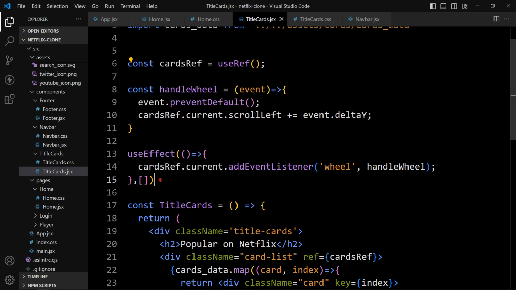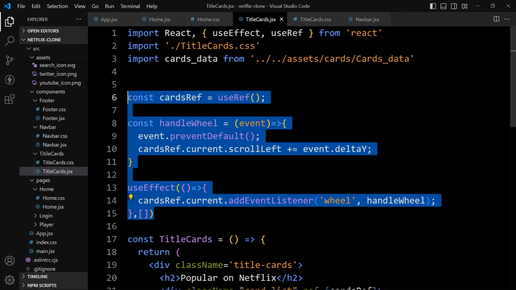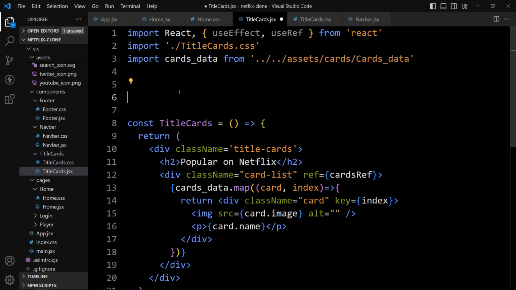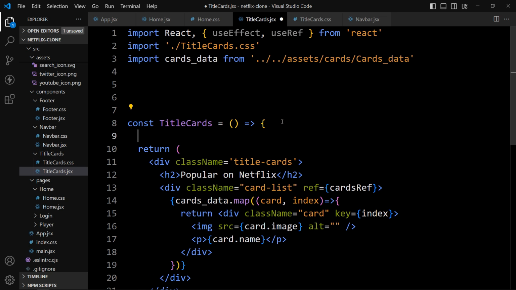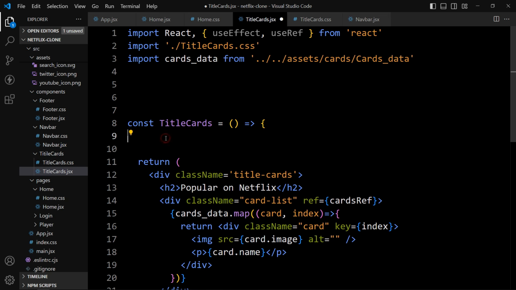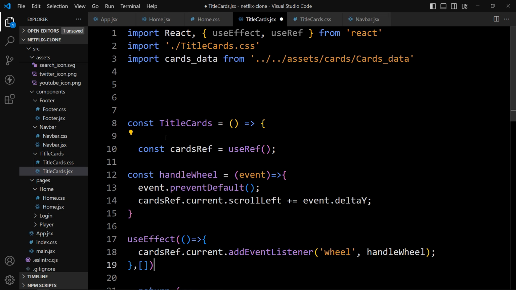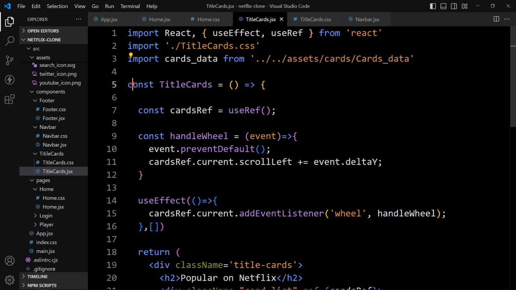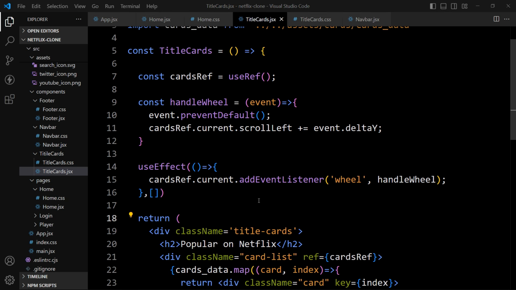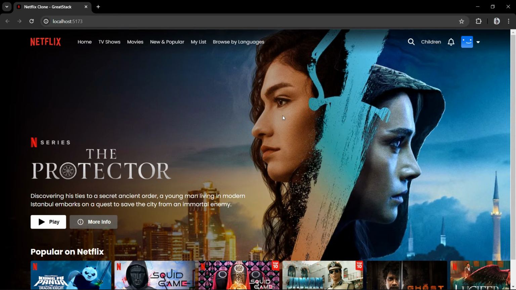Just select these things and remove it from here and place it just before this return, like this. So we have added everything in this TitleCards before this return. Now if I open the web page, refresh this one, now you can see it is working.